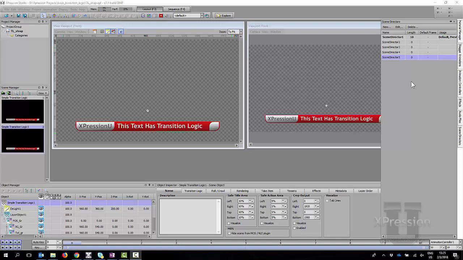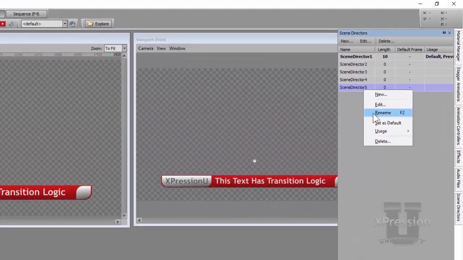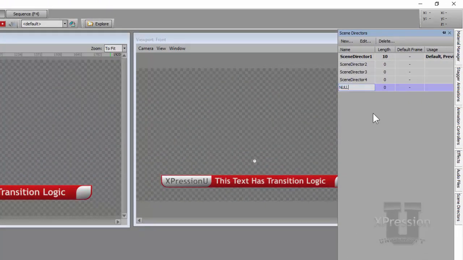However, with transition logic this can cause Expression to trip over itself, and you may end up always playing the in animation, which of course you don't want when you're transitioning from one piece of text to another piece of text. So I'm going to make this 5th one here and rename it as null. It doesn't have to be called that. You could call it empty or spare or whatever works for you. I'm going to right click and set as default, and you can see that now that's gone bold,